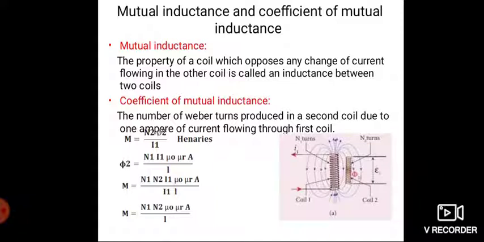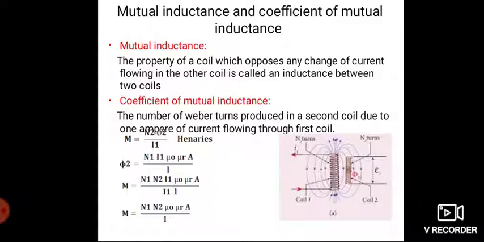Coefficient of mutual inductance: the number of Weber turns produced in a second coil due to 1 ampere of current flowing through the first coil is called the coefficient of mutual inductance. It is given by M equal to N2 phi 2 divided by I1. N2 phi 2 is nothing but the number of Weber turns on the secondary coil, whereas I1 is the current flowing through the